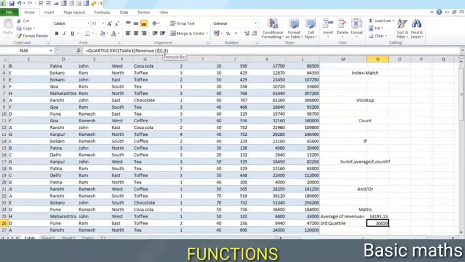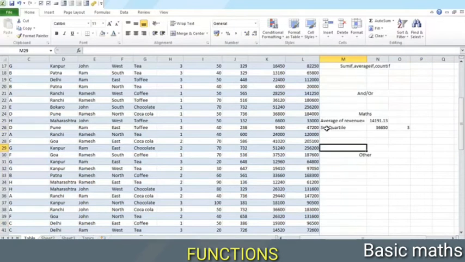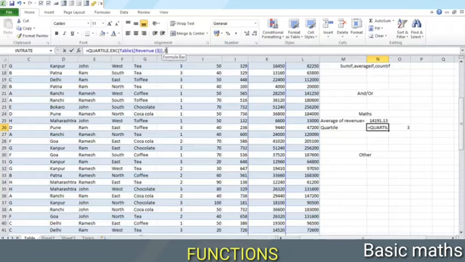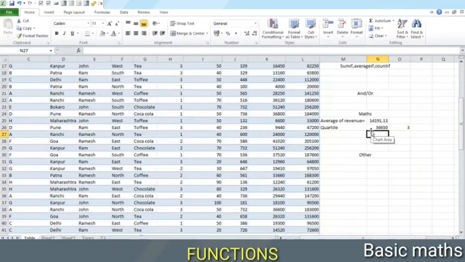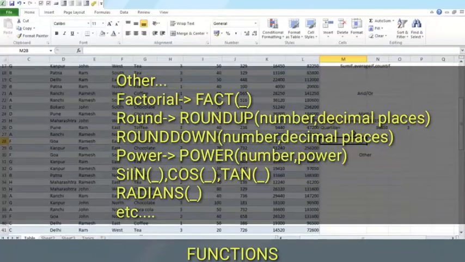In place of arguments, we can also use cell names, cell addresses. For example, here, I want to select the number of the quartile from this cell. Suppose I want the third, but I enter it here. So now I'm again finding the quartile, but the number of the quartile will be selected from this cell. So we'll write this, and here we will give a fixed reference to this cell, and we'll get the same result again. There are similar mathematical formulae. I won't go into all of them now.